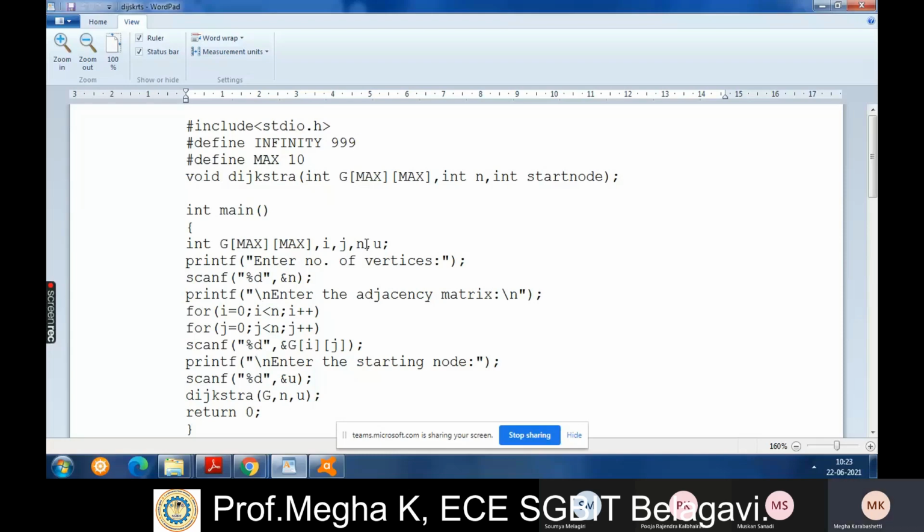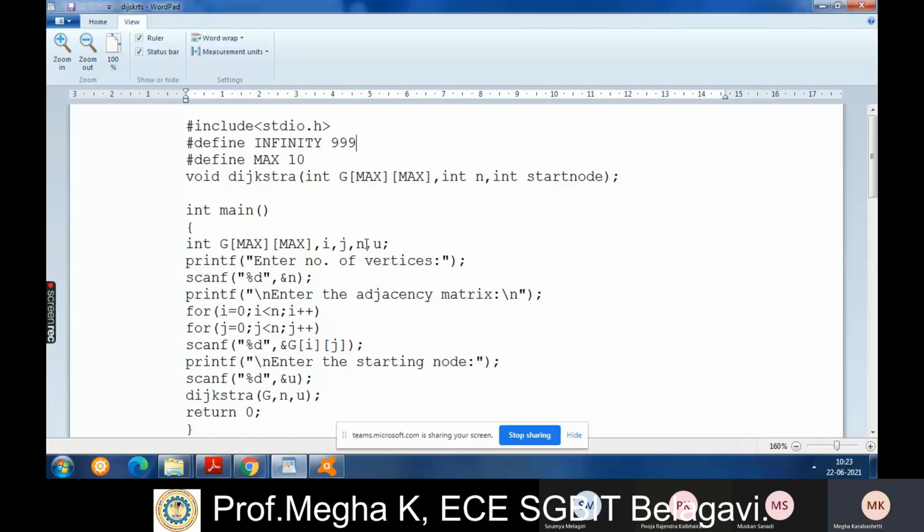I have defined a function here: void dijkstra, int G[MAX][MAX]. Here G is an adjacency matrix, the first MAX is the number of rows and the second MAX is the number of columns. So this is a square matrix, which is why the number of rows and columns are the same, right?